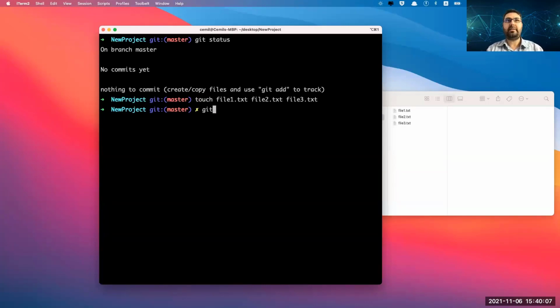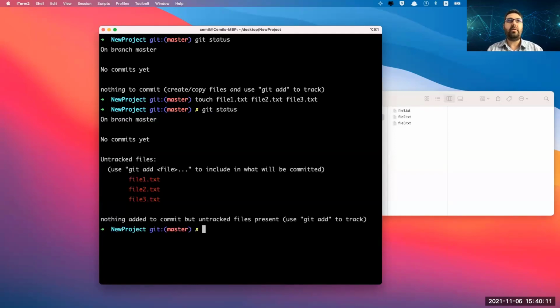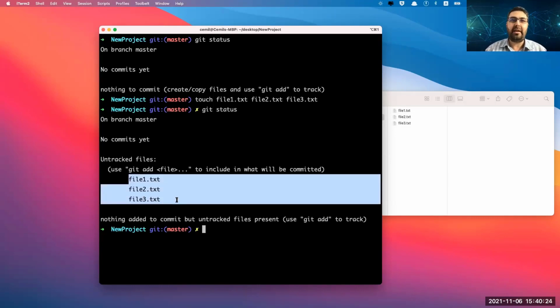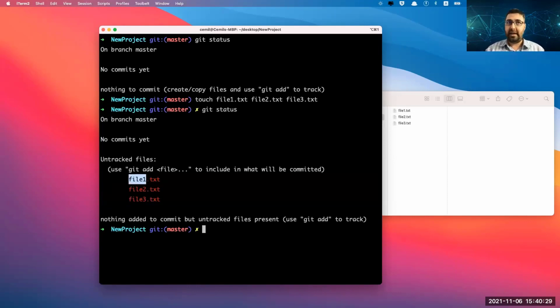Now let's check status again. Only commands I know, status. All right, now I have something in my grocery shop. A new grocery shop is just open, git init, and inside this git grocery shop, there are some items, only 3, but there are items to add in my shopping cart. Well, I can buy something because I have some stuff. The next thing that Git advised me to use is git add.